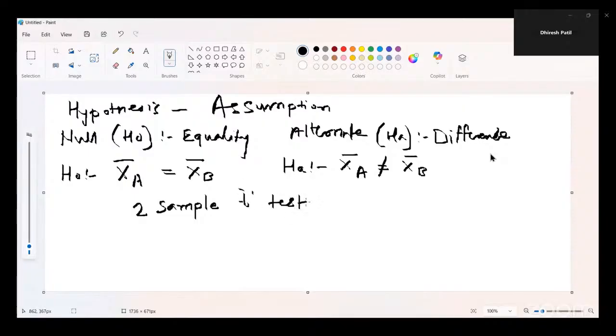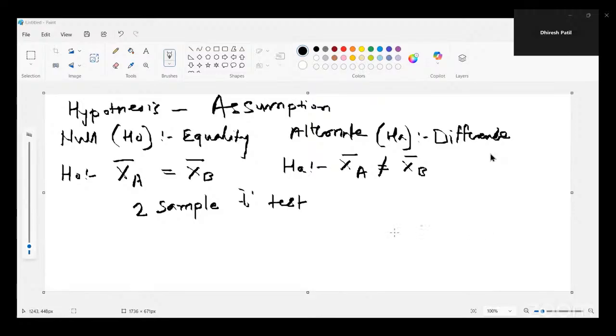Everybody? Okay. So what I'll do is, first we'll do a Minitab exercise on two sample t-test, which is a part of green belt itself. Okay. So let me just go back to two sample t-test. Just give me a second. All right, here we go.